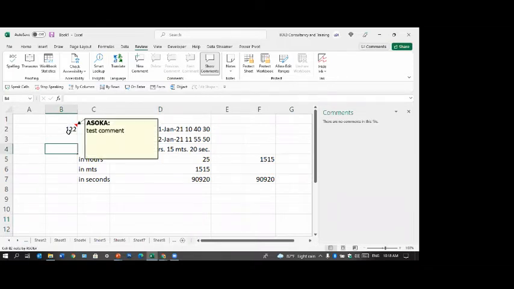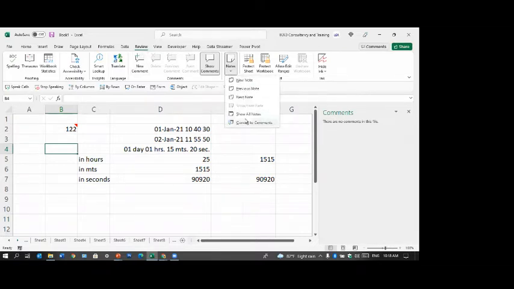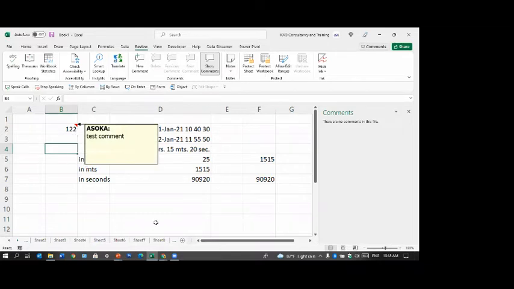So if you want to see it all the time, then you have to go to review and say, I can't remember what exactly it says. Let me see it in another version because this new version is different. Show all comments or something under review. You see that? I remember that. But still it won't print. So when you say show all notes in this one, you can see it.